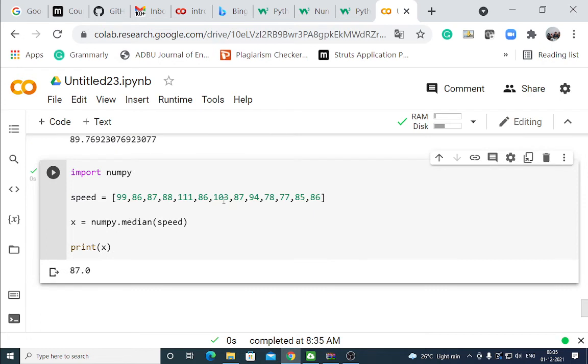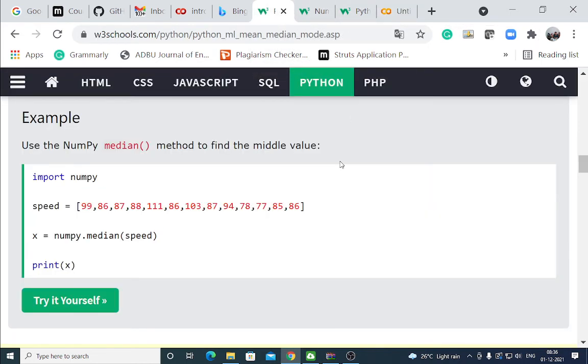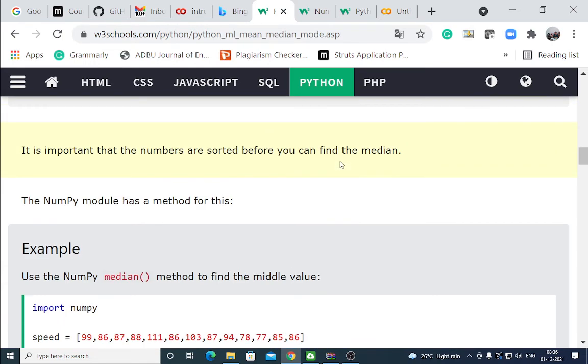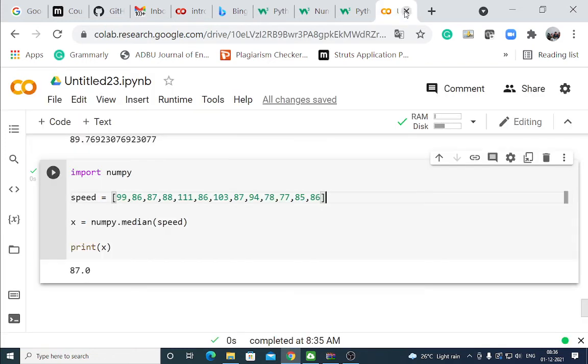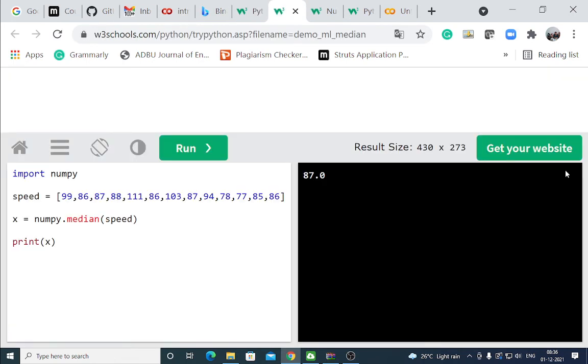It shows 87.0. This is the median value.